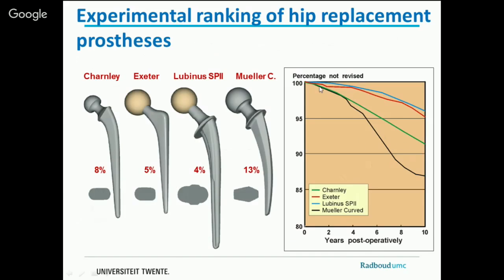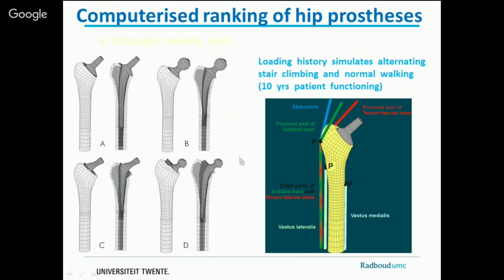The Charnley, of Sir John Charnley, the man of the hip, his implant is doing rather well. And we have the Lubinus and the Exeter, they do quite well. You can see here the failure rates after 10 years. So this is the champion and this is the worst. And we made finite element models of these